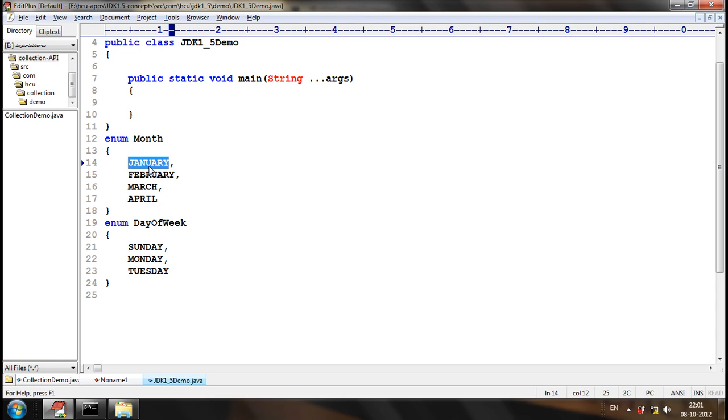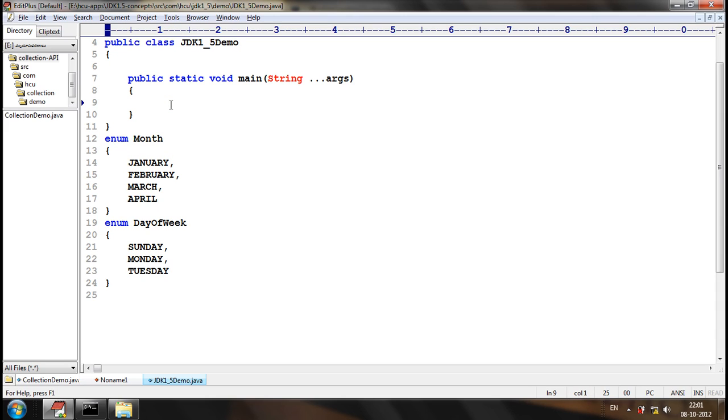But for a class and enum, objects can exist, and each and every enum constant will act as an enum object.